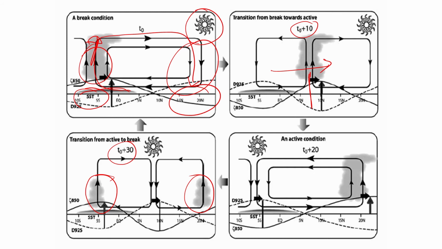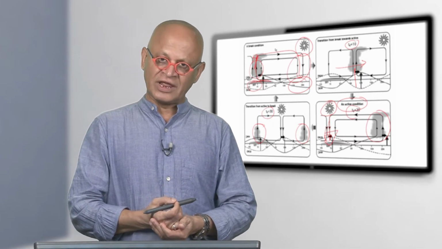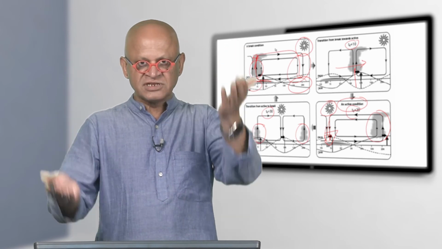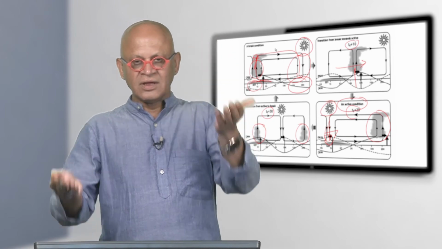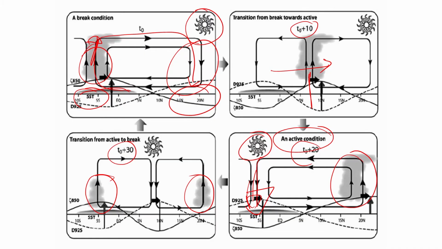So in a full setup active period over India, the heating and the convergence and the rainfall is maximum over India, and the sinking motion is maximum over the ocean, and there is low clouds and sunny conditions over there. Remember, sinking motion means high pressure, sunny days, no rain. So this is this local Hadley cell which is doing this oscillation on what are called intra-seasonal time scales,